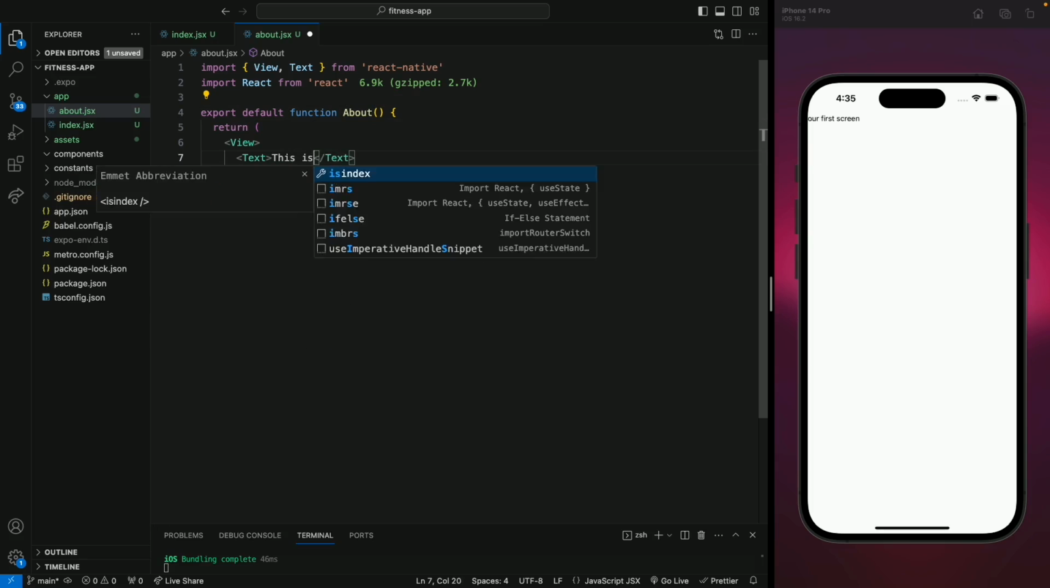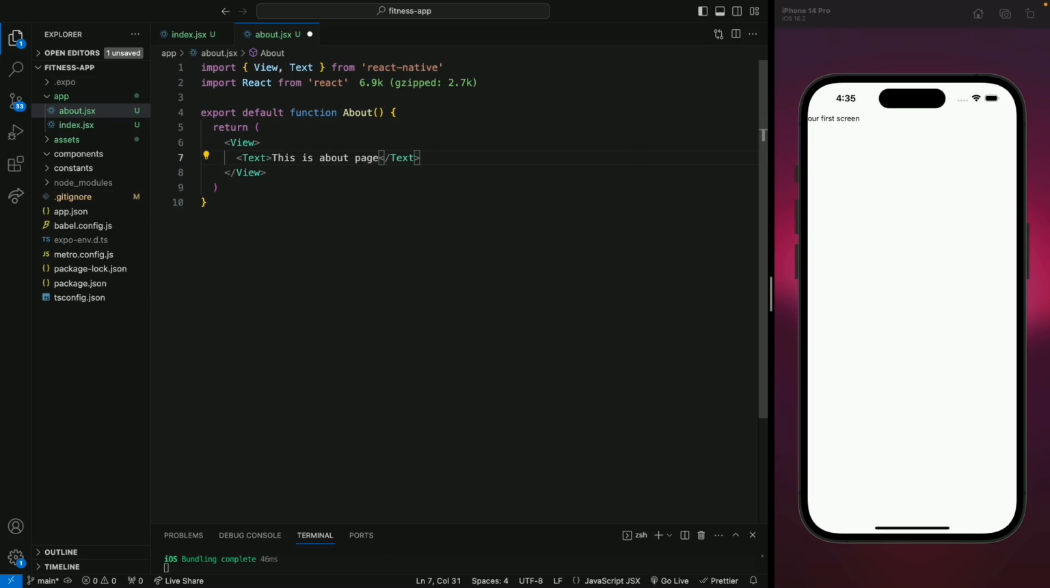Now currently we are not navigating to this component, so how do we see if the about route exists? For that we need to run our application in web version. So let's press W, and this is going to compile our app for a website, and this has already opened a port on my second screen. So let me just copy the address, and once it's done we can go to this browser and paste the